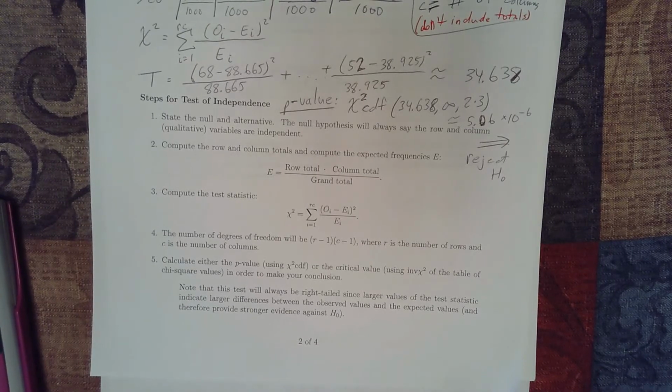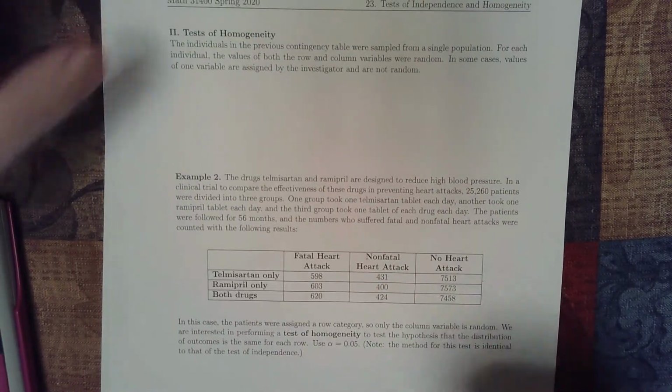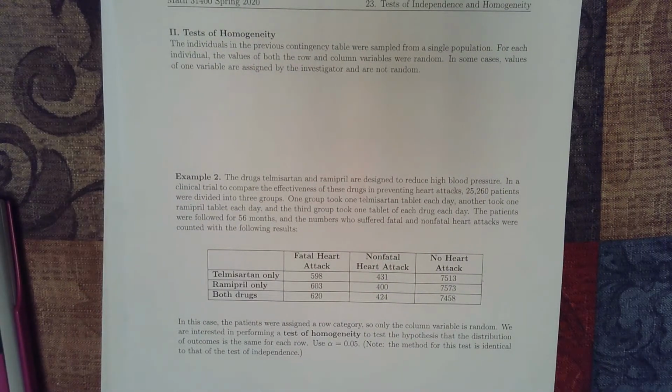So this test is always going to be right-tailed because larger values of the test statistic indicate larger differences between our observed and expected values, and that's what's going to give us stronger evidence against the null hypothesis. All right, so that was an example then of testing for independence. And the other thing we have that follows the exact same testing strategy is testing for